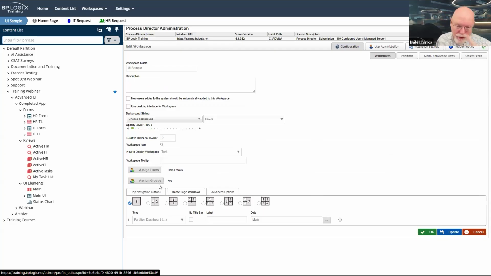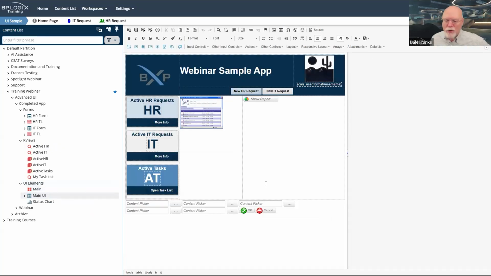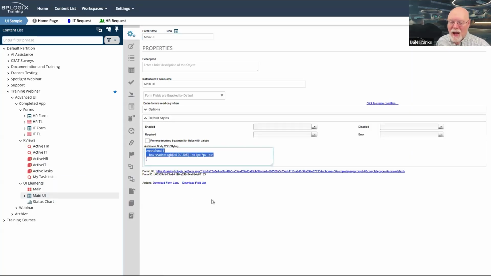Now we have to get into how we're actually building this main UI form, because there are a couple of tips and tricks that we have to use to build out this form. So what we're going to do, because some of this is going to be a little bit tedious, I'm going to do as much copying and pasting as I can to make this work. And in fact, the first thing I'm going to copy and paste is we're going to go back here to these styles, and I'm going to copy this CSS here. And with that in mind,